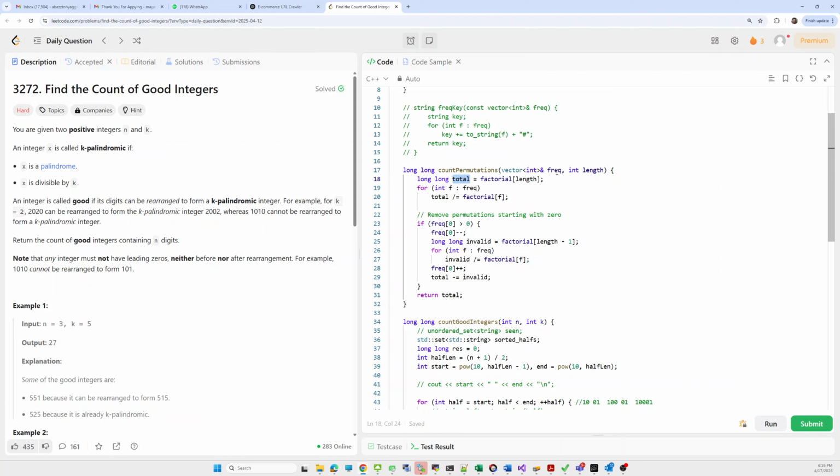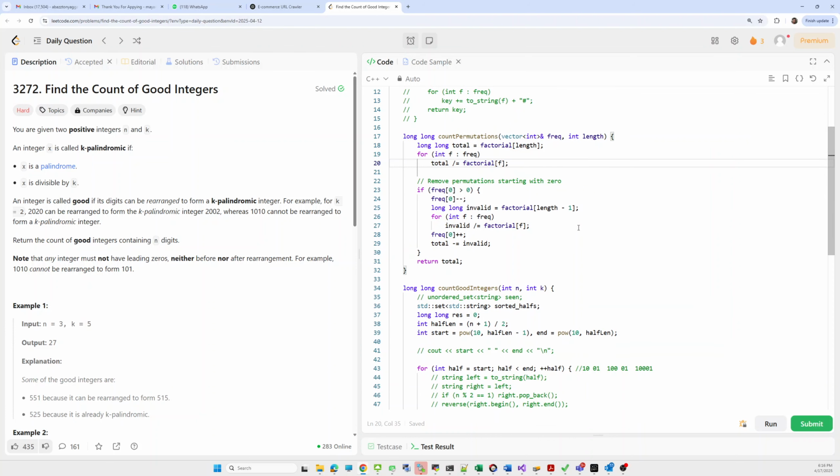Now we'll update the total permutation with the permutation of the frequency. How? We iterate over the frequency, and based on the factorial of the frequency of each digit, we update the total part. After that, we have to handle the leading zero part also. We do that if the frequency of 0 is greater than 0.